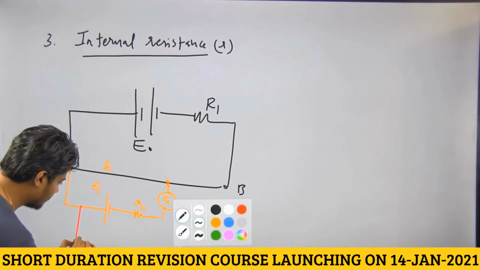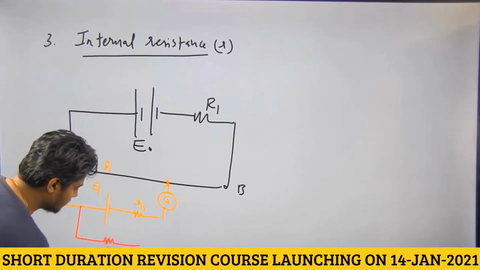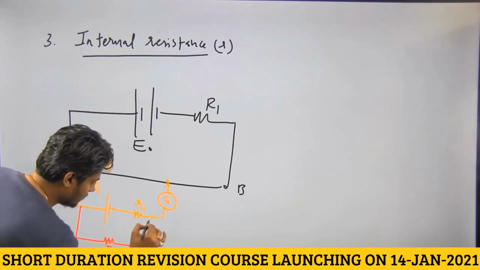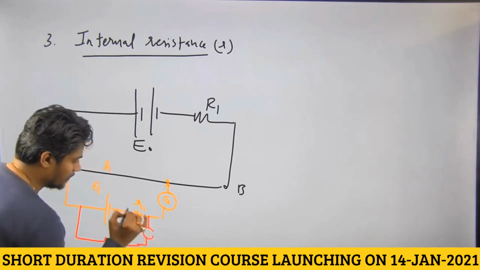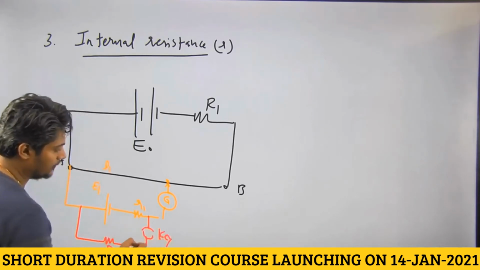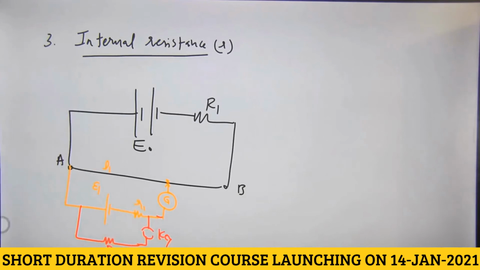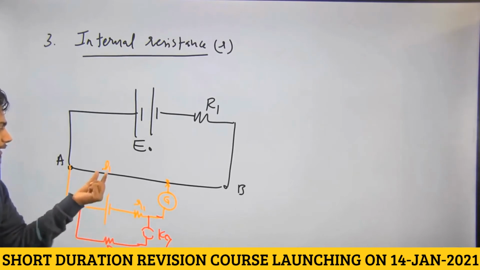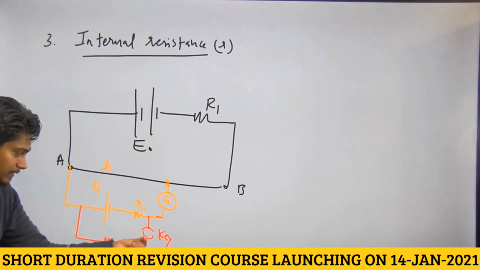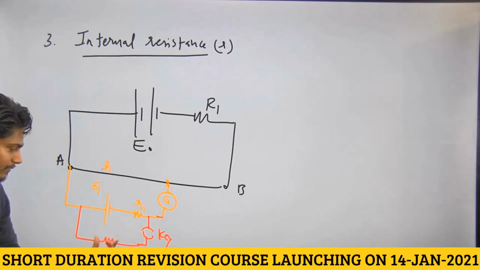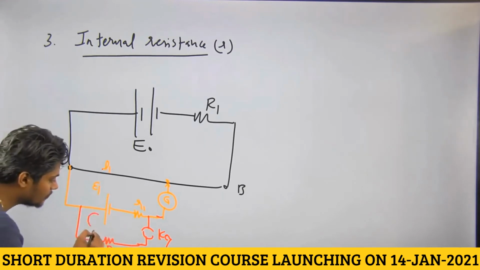We connect it with the external resistance R, and this is the key. So when the key is open, then the effective resistance connected is infinite. So basically we measure length L1. When the key is closed, then the effective resistance will become R, and some current will also flow in